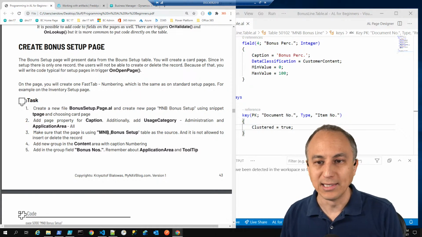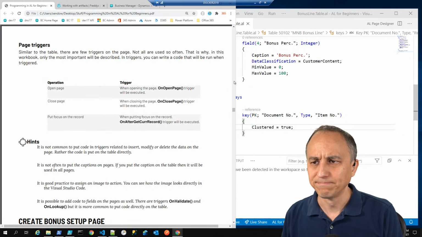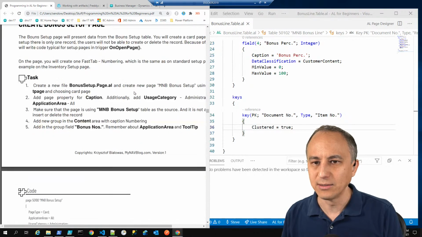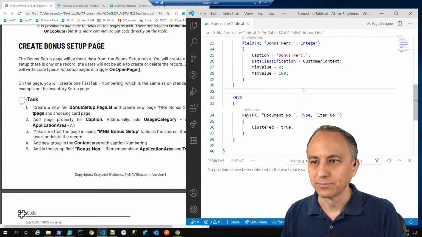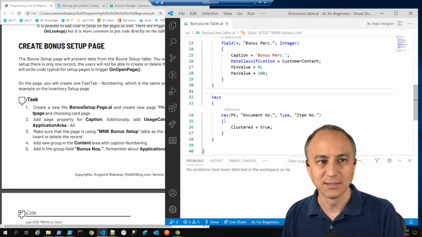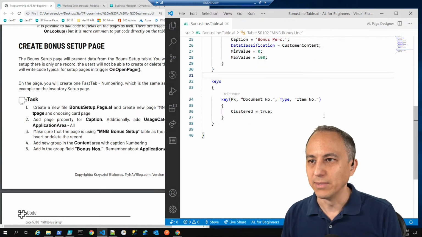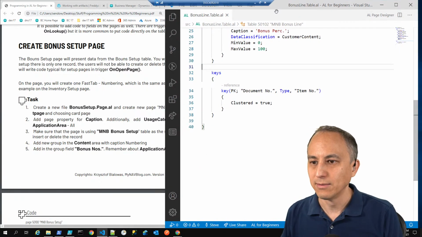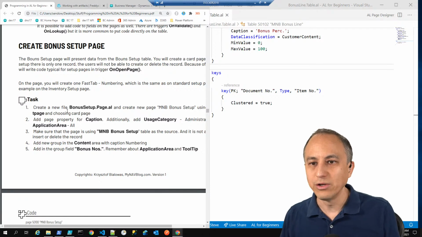Okay, so let's create our bonus setup page. Let me shrink this down. And over here, let's see, can we see this? Let me close this, make sure my big head isn't in the way. Okay, so we're going to create a new file,